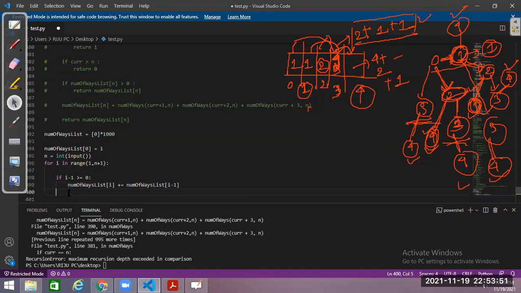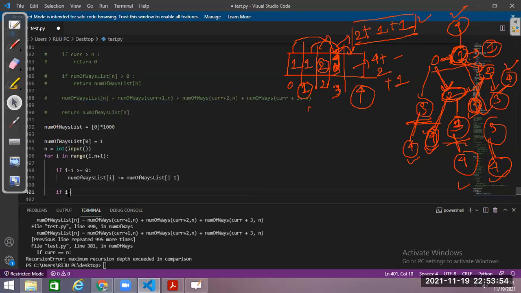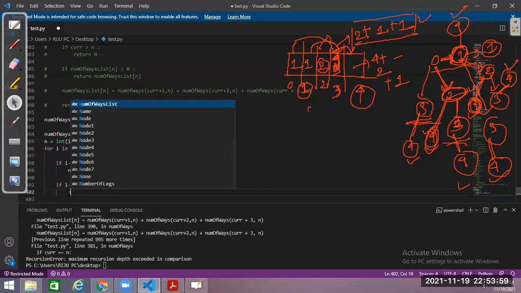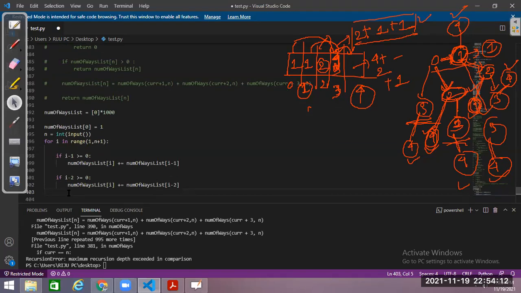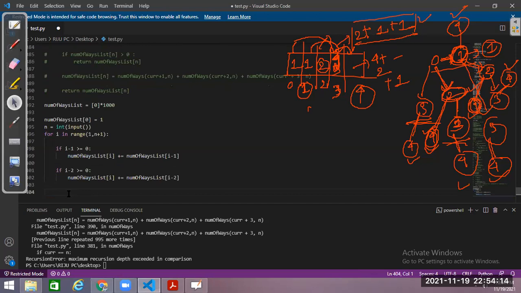Similarly, I will check for i minus 2. Is this greater than or equal to 0? If it is, then number of ways of i adds all the ways through which I have reached i minus 2, for the answer of the number of ways I want to reach i.